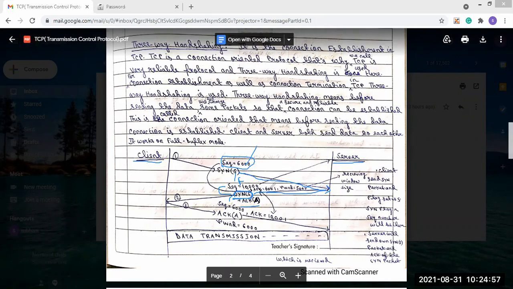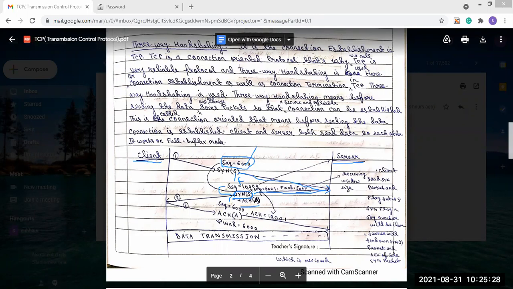So we send it as 6001. And RWND, that means receiving window size, is also sent, and it is also an arbitrary number. So first the client will send a sync packet with the flag S